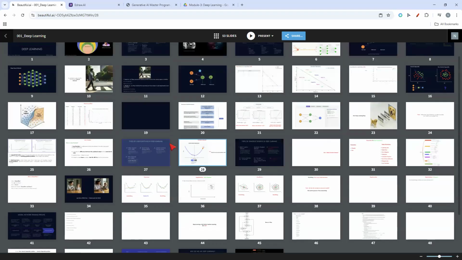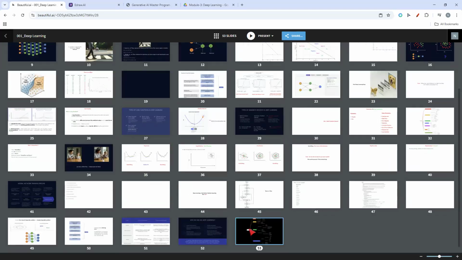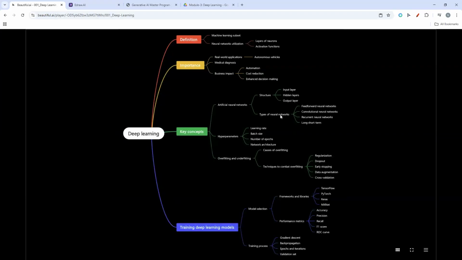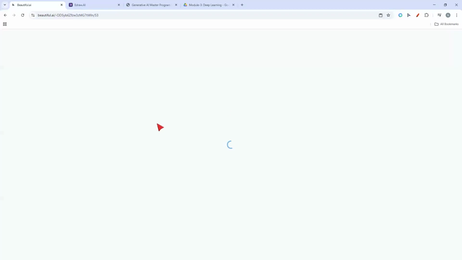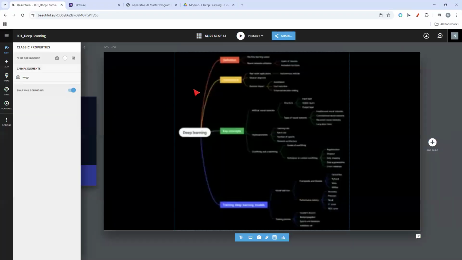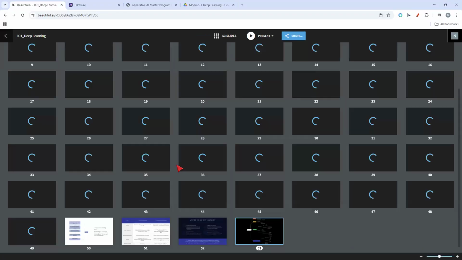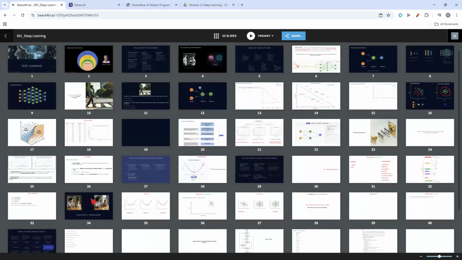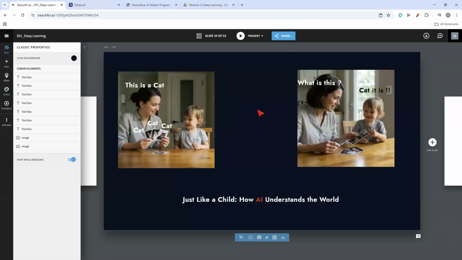And we have some mind maps as well, where you can understand at what point you are in the course and what are all the next topics which are going to be covered, and what this deep learning is all about completely. So in this manner we usually cover the topics. That's how things will go. We use this kind of presentations.